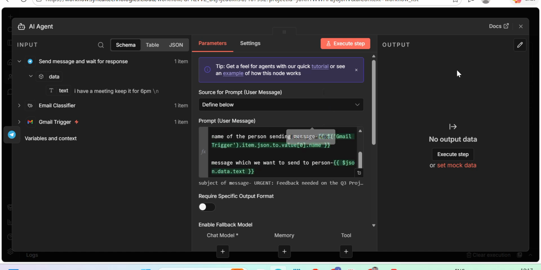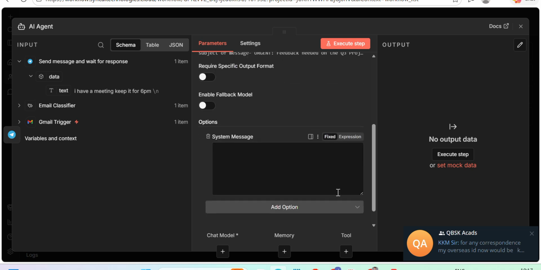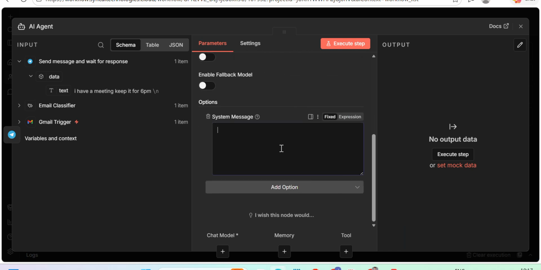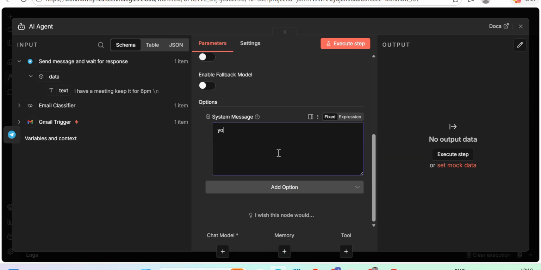Right now we would be using, okay, I have already made this workflow and we haven't named this, so we would be naming this email classifier. Fine, so we would be writing one system message over here anyways. Over here, the system message we would be writing: first, see, over here, you are an email specialist,